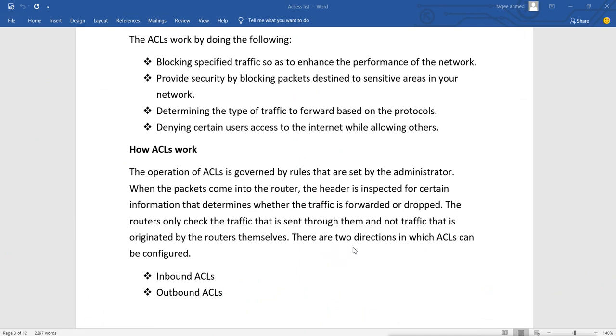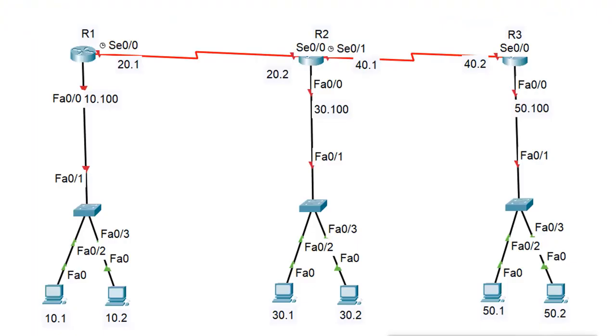Now there are two directions in which ACLs can be configured, inbound and outbound. For example, suppose this client wants to access this server.